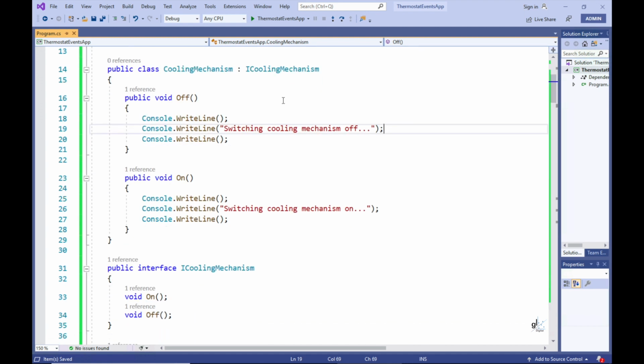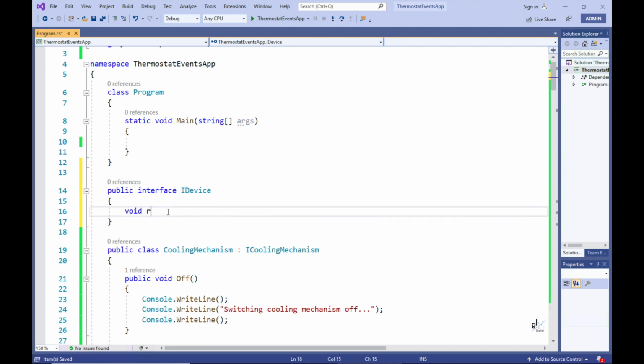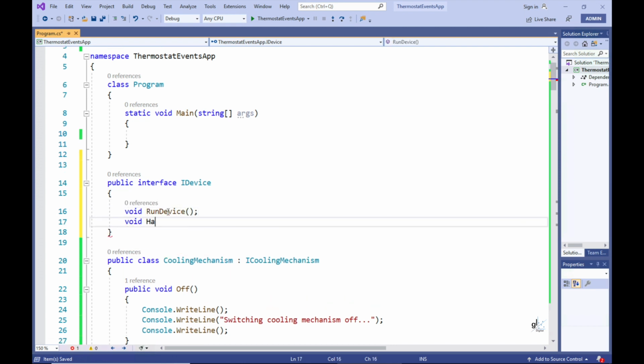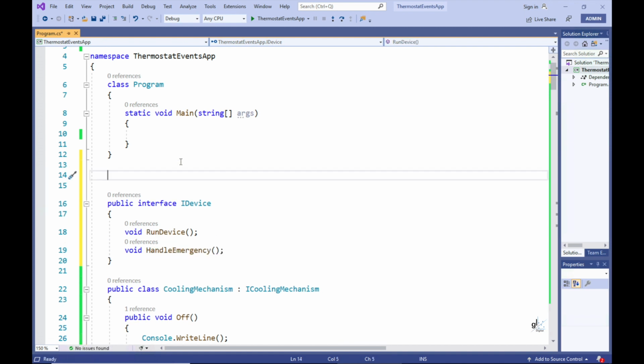Let's create an interface named iDevice. This interface contains two method definitions, one named runDevice, the other named handleEmergency. We'll create the class that implements the iDevice interface in a bit, but let's first create a class to represent